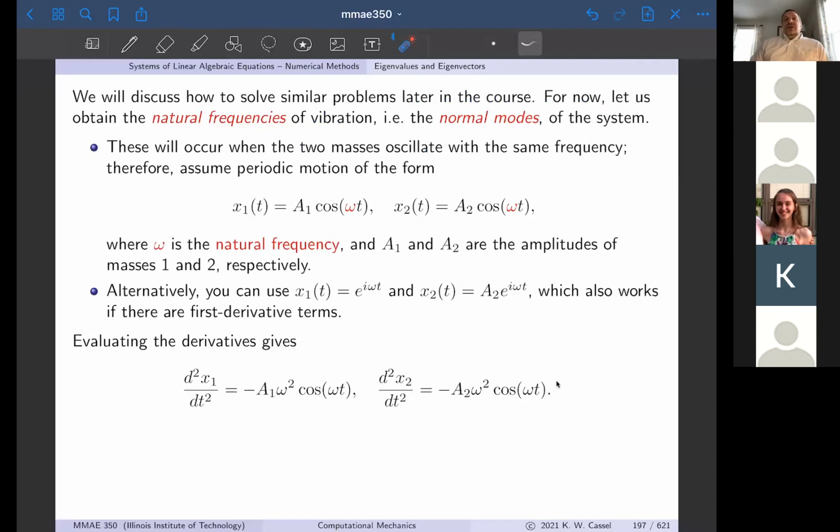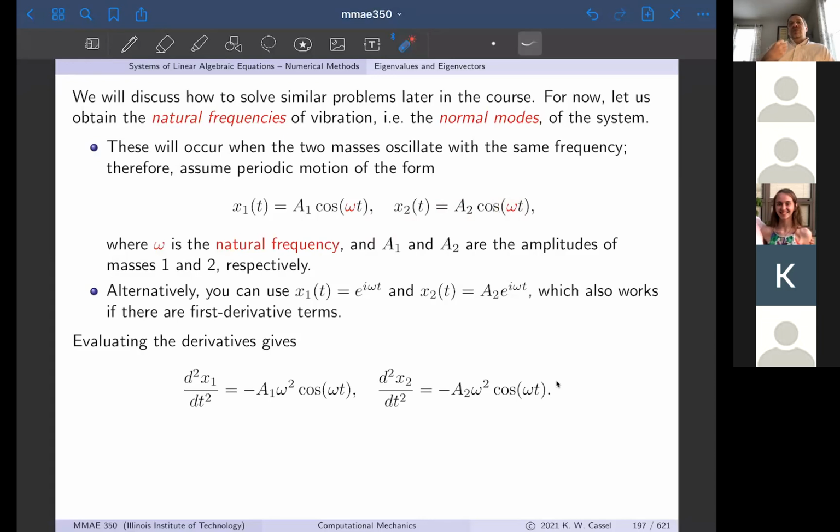So because of that definition, I can say, okay, fine. I know that x1 is going to have some amplitude, call it A1, times cosine of omega t. Omega is a natural frequency. It's moving with some natural frequency omega. x2 could have a different amplitude, but it has the same frequency. So they're both moving. A1, A2 could be negative, so again, not necessarily the same direction, but they're both moving with the same frequency. Now, again, that's not normally the case for most motions of